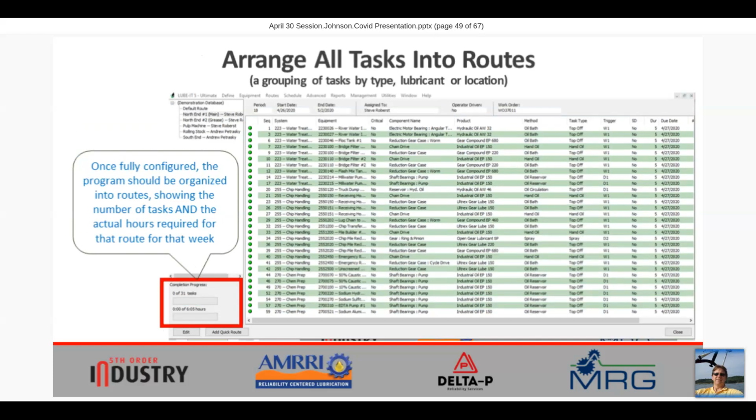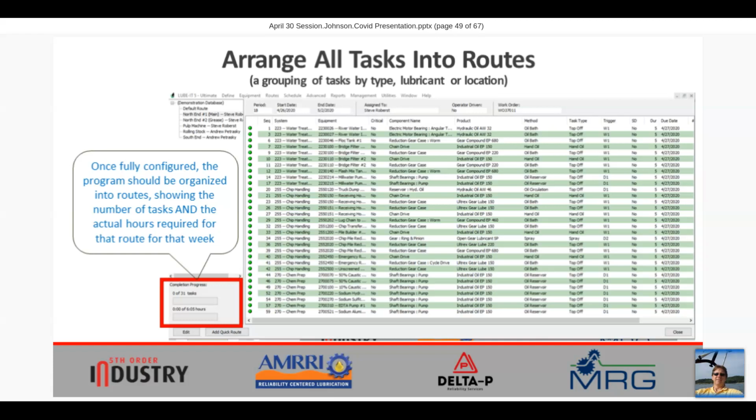Here we go. So once we have plugged in all of the details into our task management system for a given week, we have a given number of tasks in a route. We've got the routes defined here by department and all the tasks that show up in the weekly work schedule. And all of these details are granular data points. So the computer does the adding up of the total number of tasks and the total number of hours required per year. For this particular route in this particular week, we see that we have 31 tasks and 6 hours